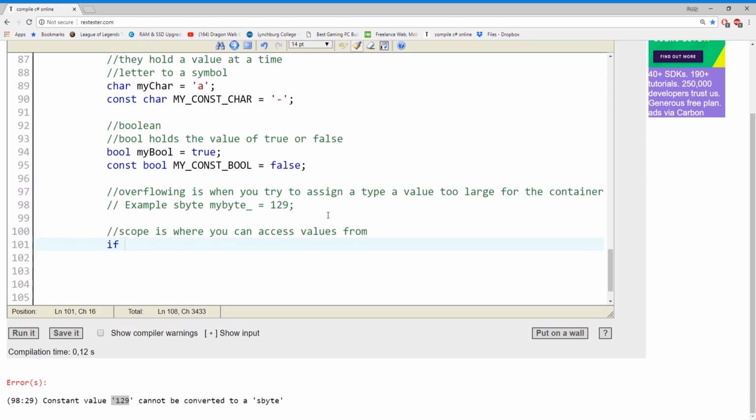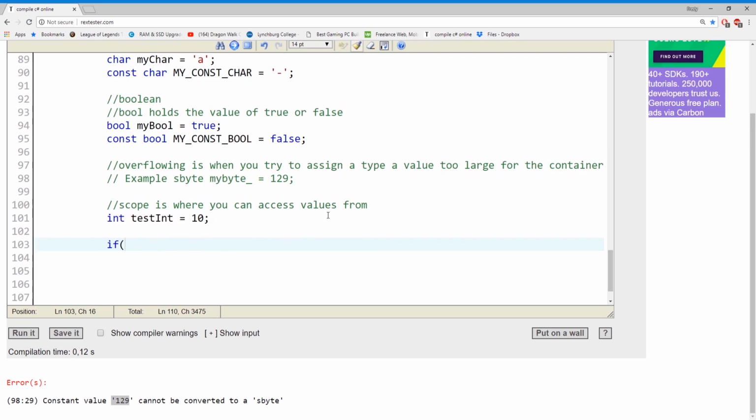So if we have an if statement, I'll be using if statements, so I have to tell you what they are. They are statements that if a condition is met, a certain task will be done. So let me say int test int is equal to 10. If test int is equal to 10,